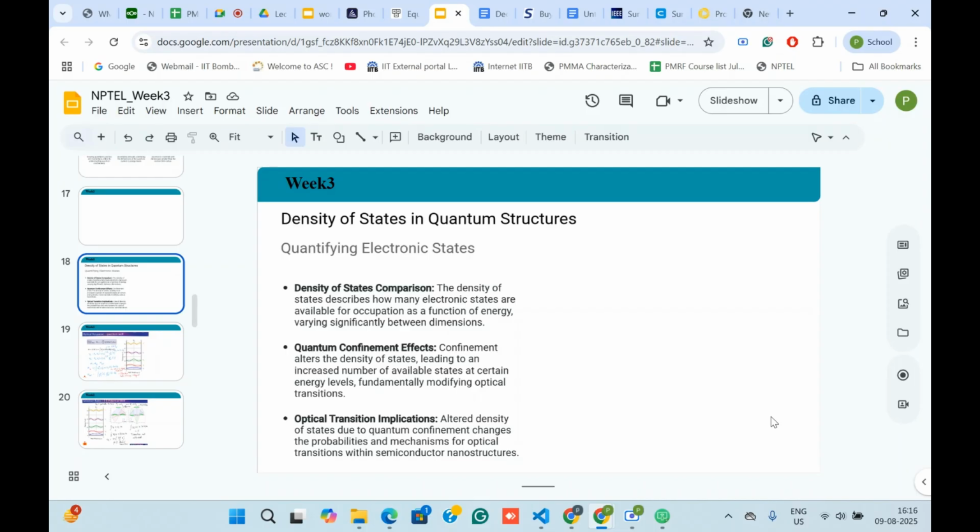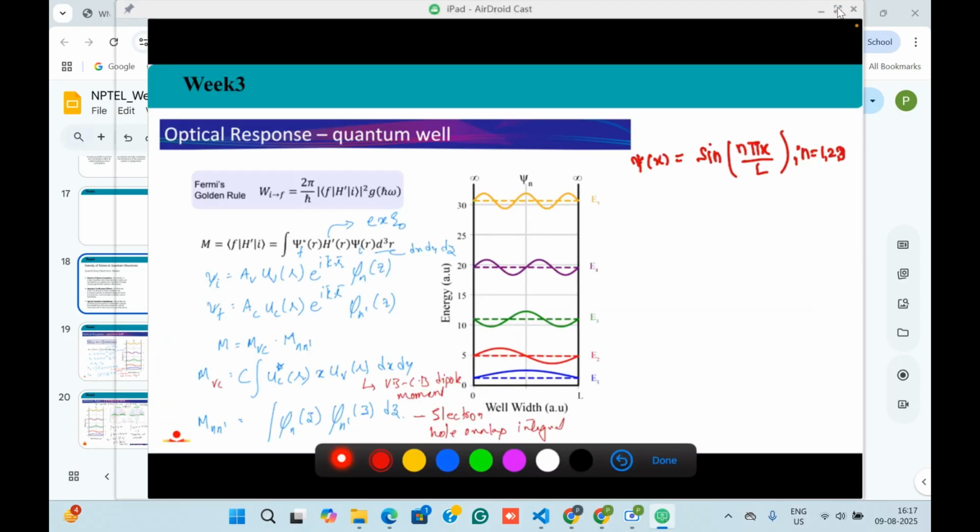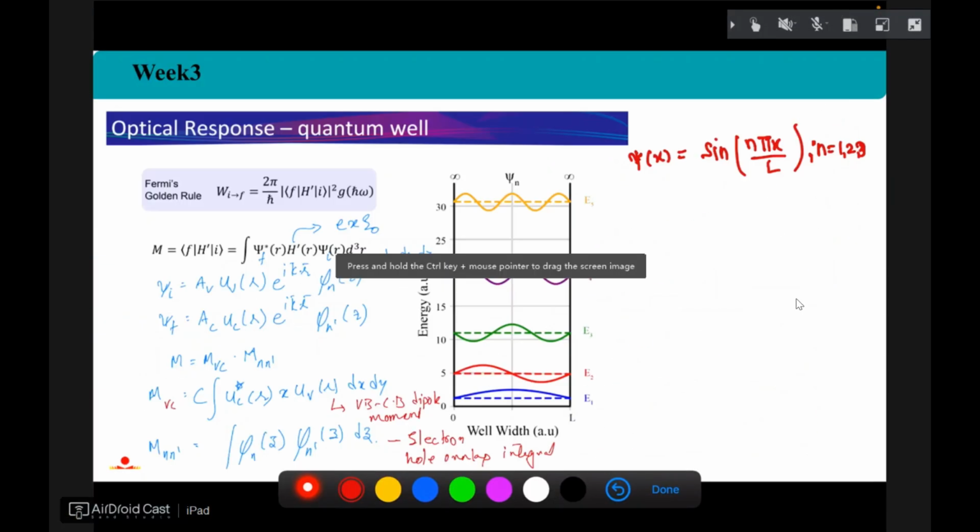So here we are considering one example, that is a particle in a box. For a particle in a box, the wave function, let it be psi of x, is equal to sine of n pi x by L, where n is equal to 1, 2, 3. You can see this for n is equal to 1. The width of the quantum well is L,